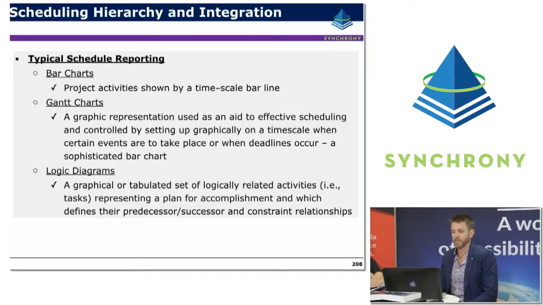And logic diagrams. So you can have network diagrams or logic diagrams, which don't show the time phasing so well, but are really good at mapping out the different links between projects. So if you're on a complex program and you're trying to map out the relationship between lots of interrelated packages, it's often helpful to see it in that type of view, because it's the type of thing you can put on a wall, have stakeholders red pen mark up to indicate their dependencies and their interactions with different activities.